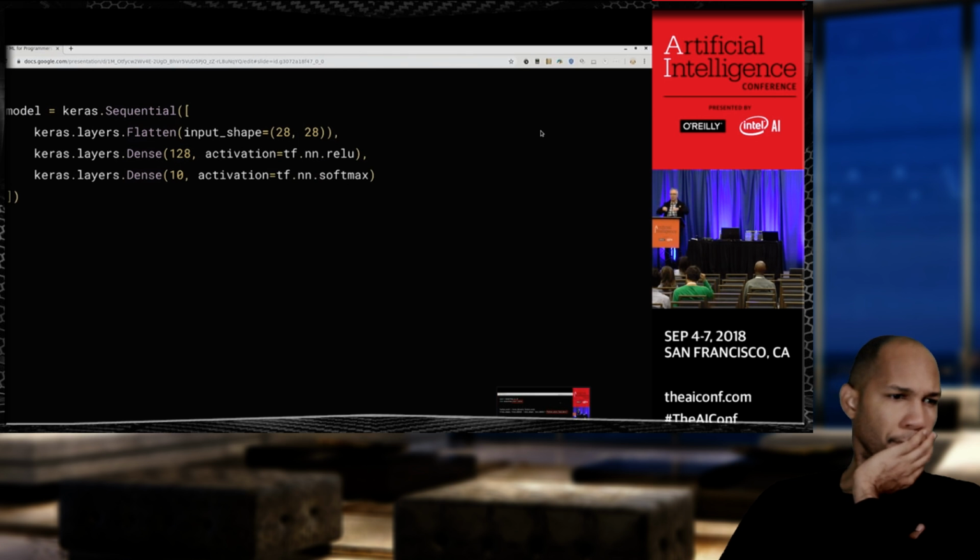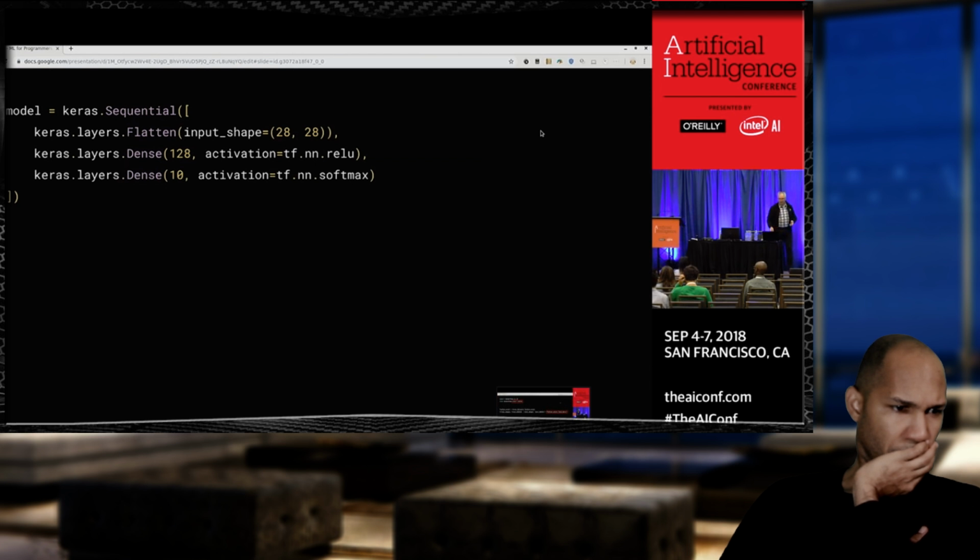Remember, the image is a square of 28 by 28 pixels, but you don't feed a neural network with a square. You feed it with a flat layer of values. In this case, the values are between 0 and 256. So I'm just flattening that out, and I'm saying, that's my first layer. You're going to take in whatever 28 squared is. My second layer now is just 128 neurons, and there's an activation function on them, which I'll explain in a moment. And then my third layer is going to be 10 neurons.